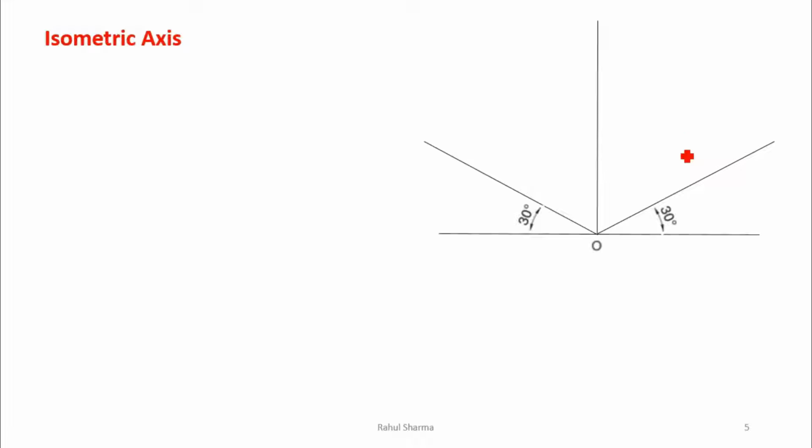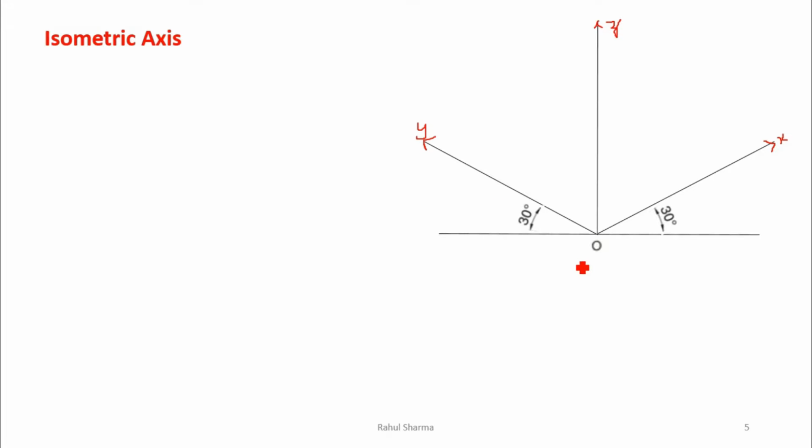Whenever we have to draw an isometric drawing, we need the isometric axis. Very important thing, the isometric axis. In the isometric axis, we draw a ground line with point O, two angles of 30-30 on both sides of that ground line, and one z axis at 90 degrees. These are in actual the three axes. From this O, this is the ground line, this is the x axis. This is the upward height, which we generally take as the z axis, and this is the third, the y axis.